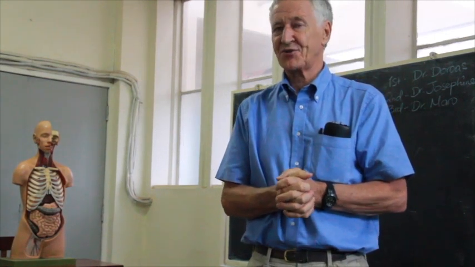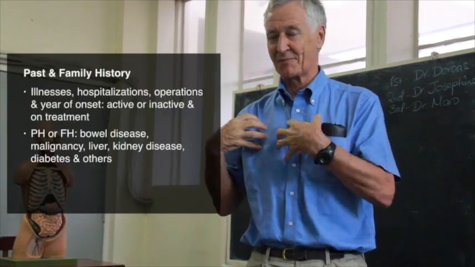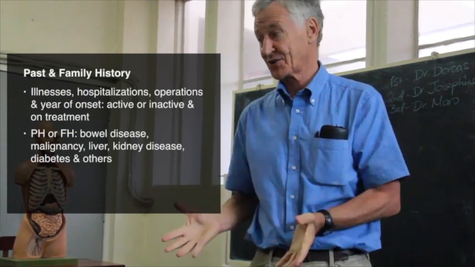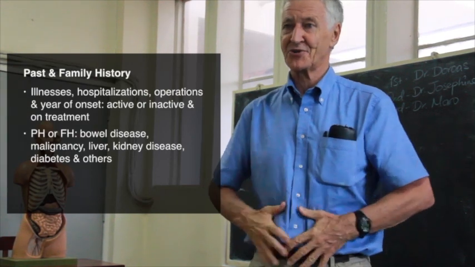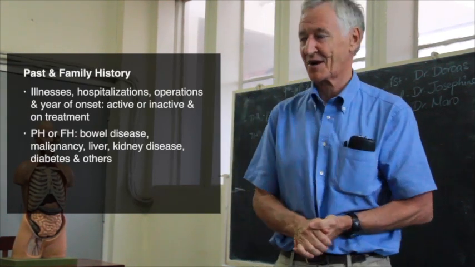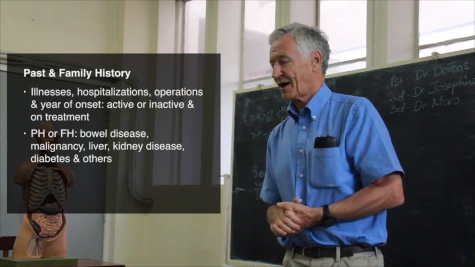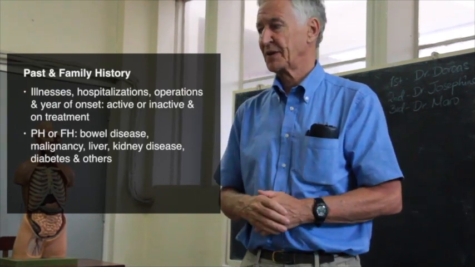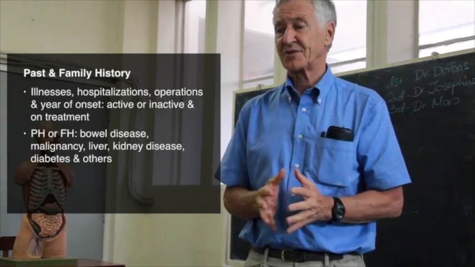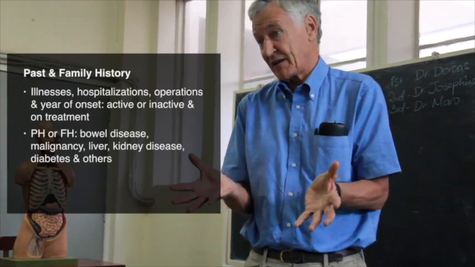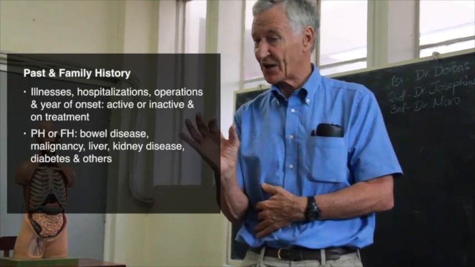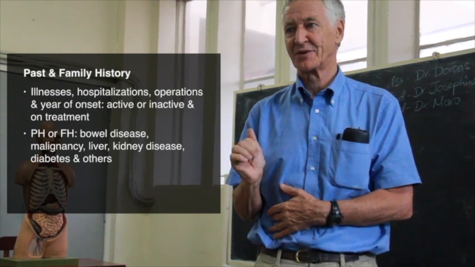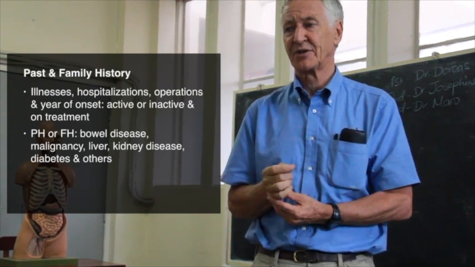In terms of past history, it's obvious if you have a history of what we call abdominal disease, like a disease like liver cirrhosis, ulcerative colitis, Crohn's disease, or diverticulitis or whatever. So if there is a past history of a gastrointestinal disease, it's got to be documented. If there's any hospitalization with it, and in particular any surgery, any operations. So I'm emphasizing that for you.